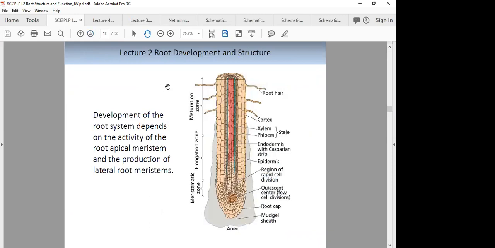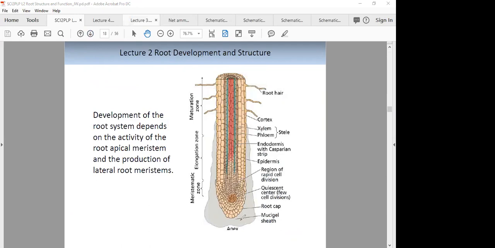Okay, and we're going to have a look at the structure of the root and make sure that everyone's really comfortable with this, and I'm sure you would be, because we covered this in a little bit of detail last year. So let me just grab a pencil